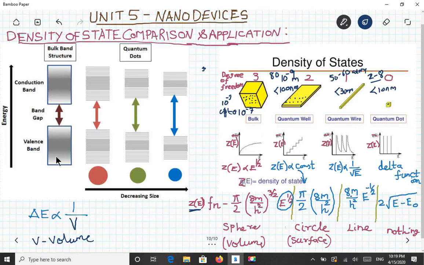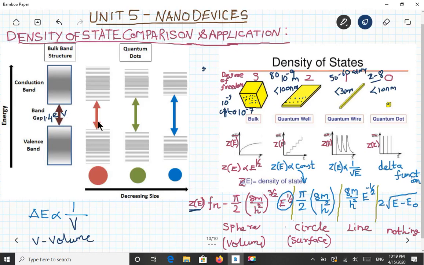So this picture which you are seeing is the normal semiconductor, which has a conduction band, valence band and the band gap. If you see the band gap, it ranges by 1.4 for gallium arsenide. So 1.4 electron volt. So you already saw the laser diode where the band gap is 1.4 electron volt.